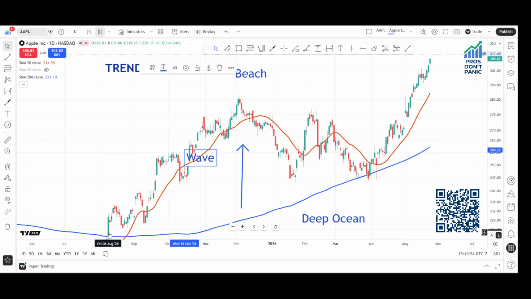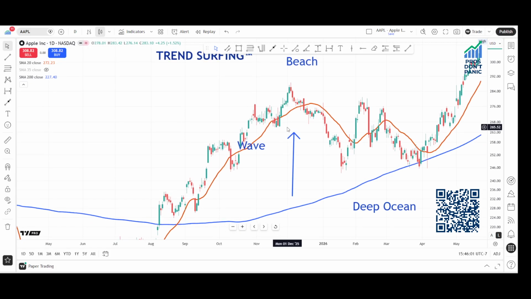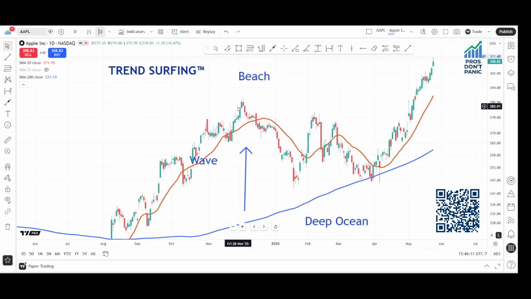The 20 period moving average here, I have it in orange. You're going to be surfing this 20 period moving average. The point of this video is to get into the detail of how we surf this, and then know when to get in and know when to get out, and treat this as a wave rather than staying in these trades forever and getting obliterated. Waves come into the beach, surfers surf them, and they get off the wave.